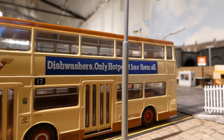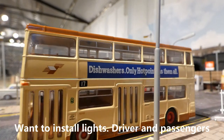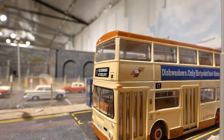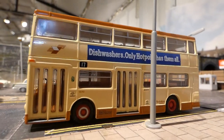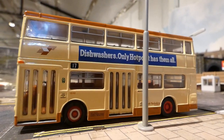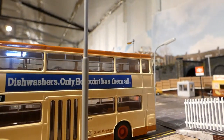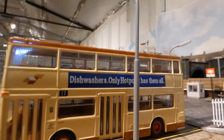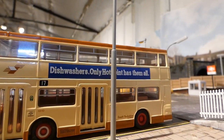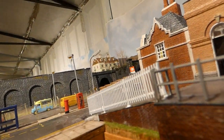But a nice model. I wanted to put lights in here, but I can't get the thing to bits. It's sealed very securely. But you've got the two doors on there. I think I remember you used to pay at the front, like you're doing now on most buses. Not caught a bus for a while actually. And the top deck there. And then you've got dishwashers, an advert there. If I turn it round,